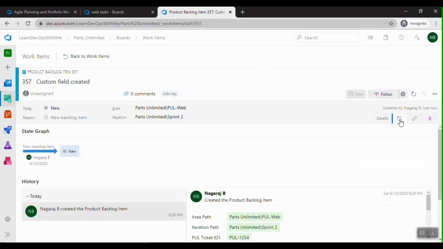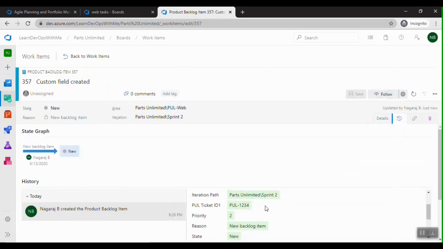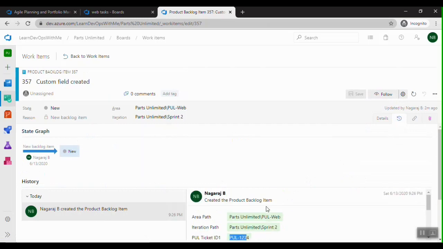And if I go to the history, I can see the details of that also. So this is my custom field, and it is having some value here, whatever I have entered in the text box.